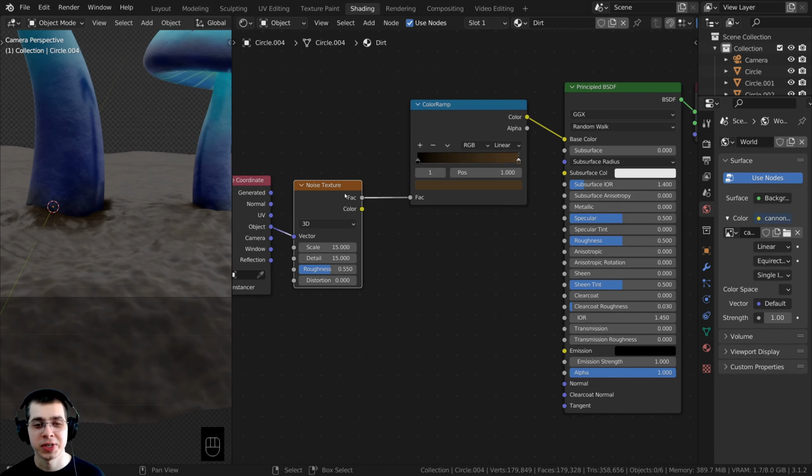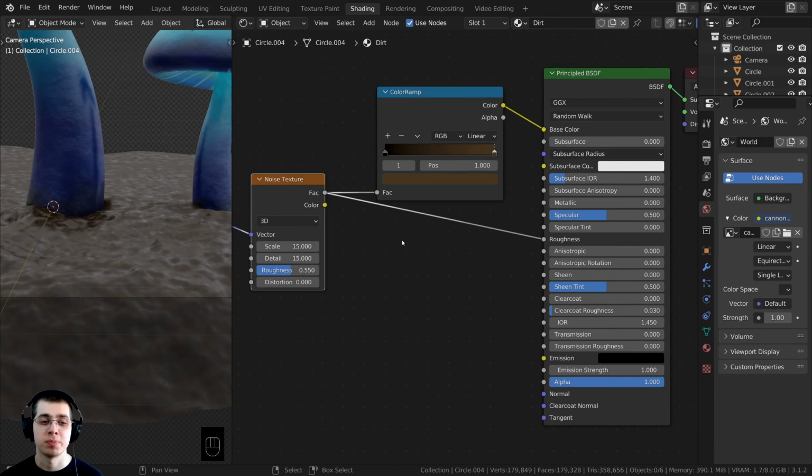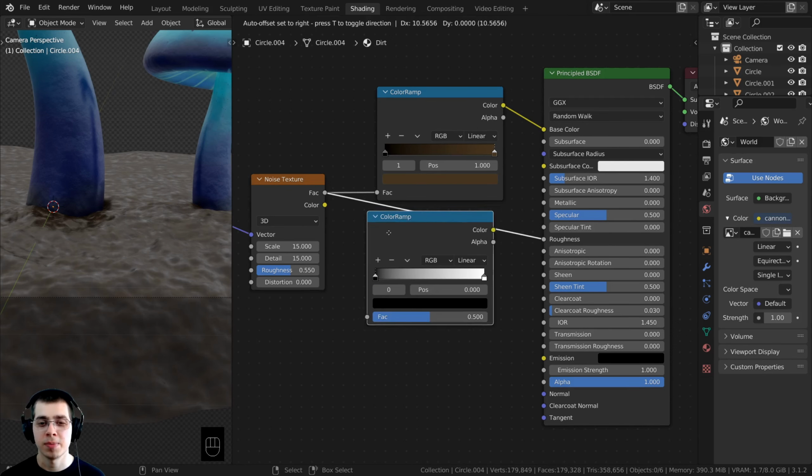So I also want the noise texture to contribute to the roughness so that some parts are a little bit more rough and other parts are a little bit more shiny. So let's take the factor right here, and I'm going to put this into the roughness. Now I want to be able to control this better because I want it to mostly be rough. So I'm going to press Shift A. Let's go to the search here, and I'm going to search for a color ramp, and let's just drop the